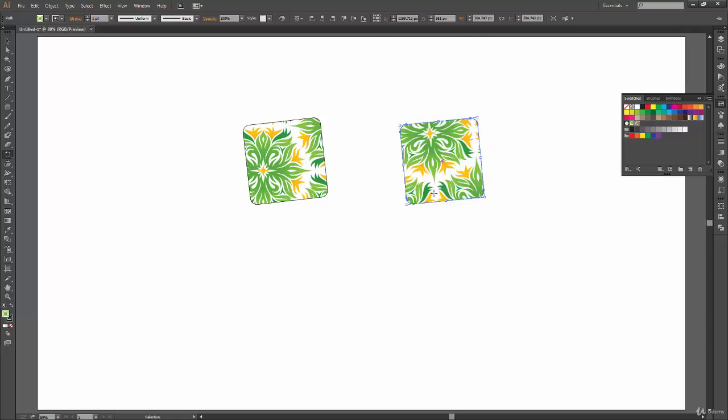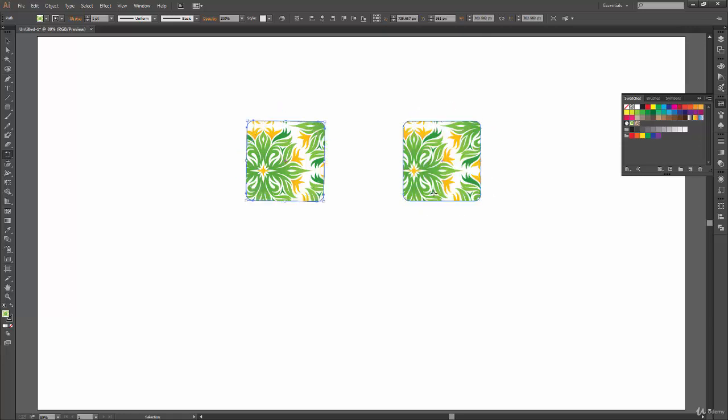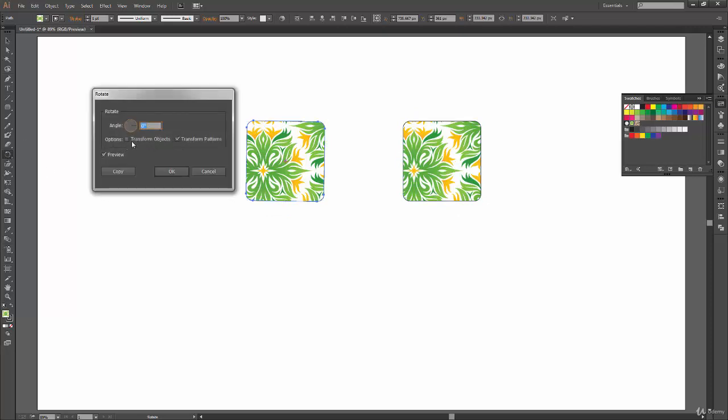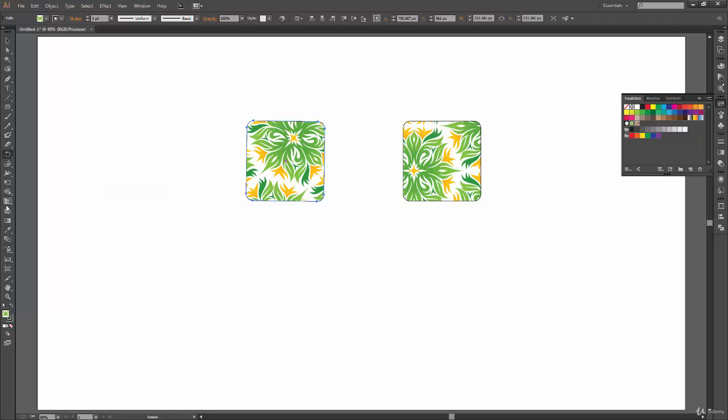Okay, now let's press Ctrl Z to undo these transformations, and now let's see one more combination we can do with these two options. This time we will uncheck transform object and we will check transform pattern. So you would have guessed by now that it will only rotate the pattern instead of the object. So let's change the value from here, and you can see that this time only our pattern is rotating and our object is staying at a place. You can click on OK to have those values reflected, and that's all these two options are going to do.